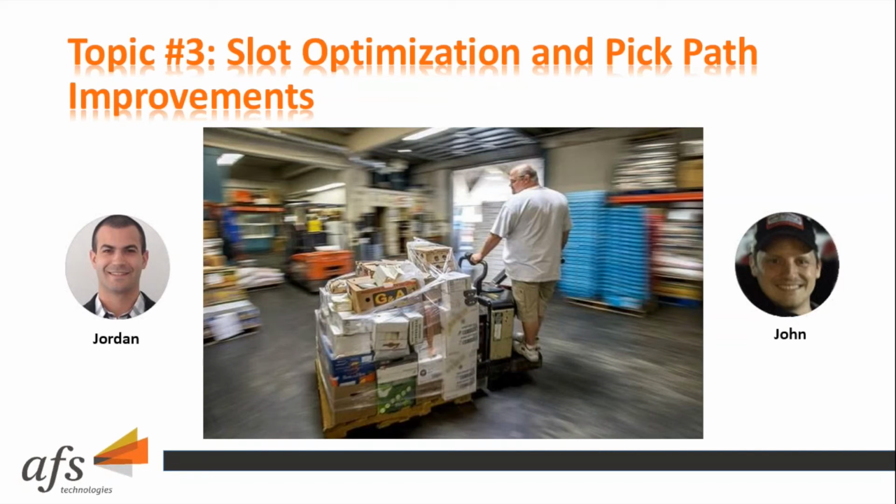And this will be our last topic for today, but we'll talk a little bit about slot optimization and the pick path improvements and how WMS played a role in that for Scavuzzo's. And John, let's talk about how the WMS helps with your slot optimization and reducing the labor within your four walls. So I think there's two major key points that we've seen, and what I like about this topic is